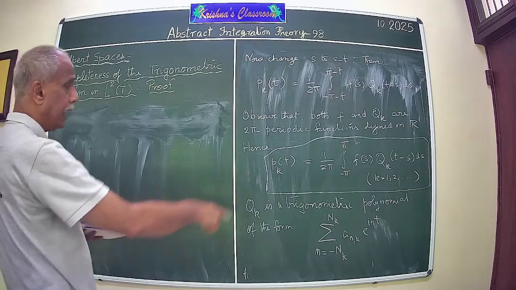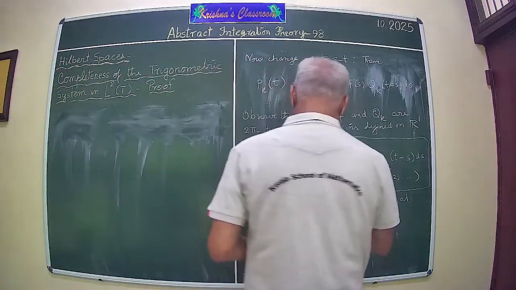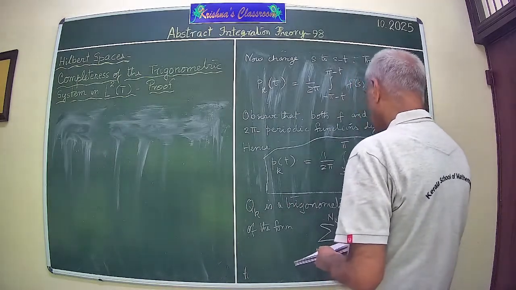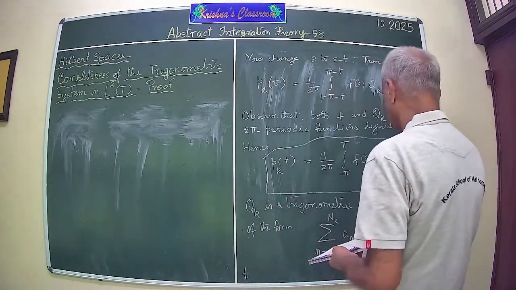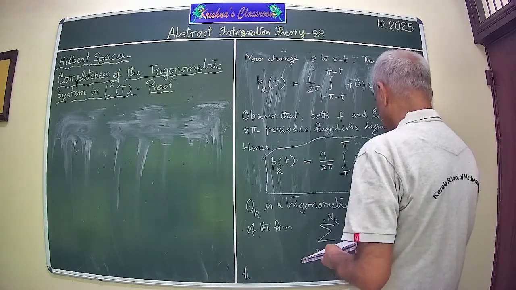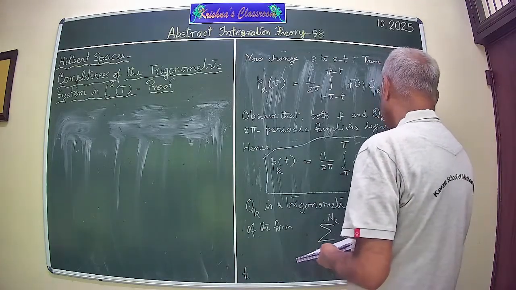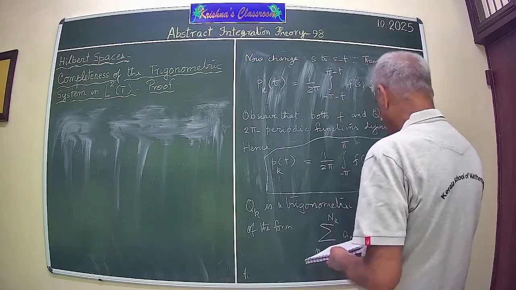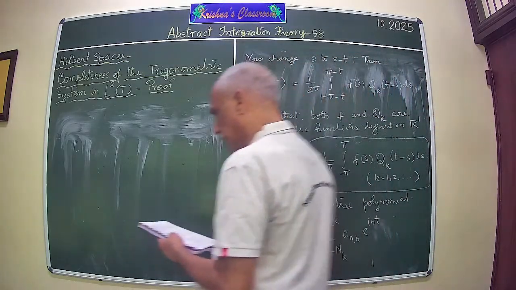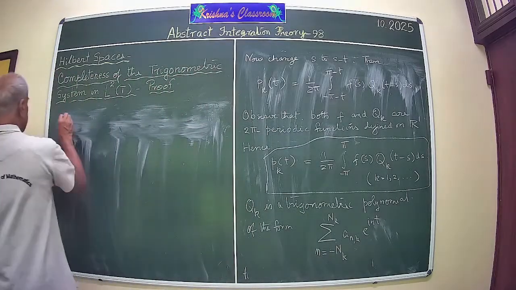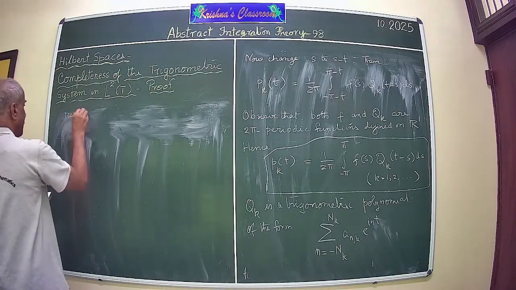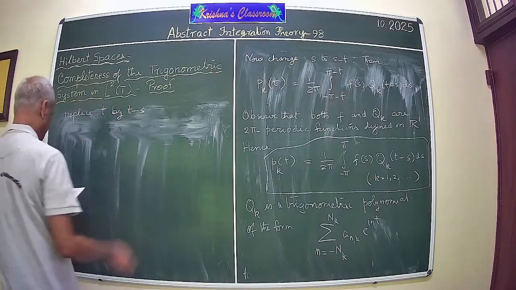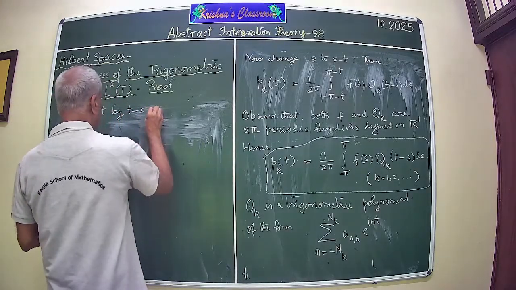So for QKT, see this is QKT is this. Therefore QKT minus S is what you want. So replace by T minus S. So what you get? You get A N K e to the power minus INS into e to the power INT. Okay. So replace T minus S